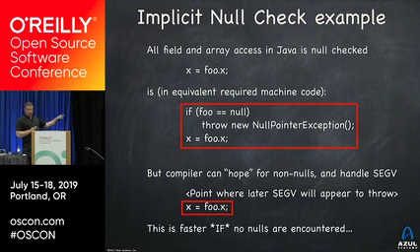This is faster only if you're not throwing a null pointer exception. If you do throw a null pointer exception, this is 10,000 times slower than an if. And the JVM will actually learn. If you actually throw a null pointer exception at a specific point in code multiple times, multiple being more than twice in current JITs, it will de-optimize this code and replace it with the code with the if, because that's faster now. But it'll only do that where you actually throw null pointer exceptions, which hopefully is not in many places in your code.